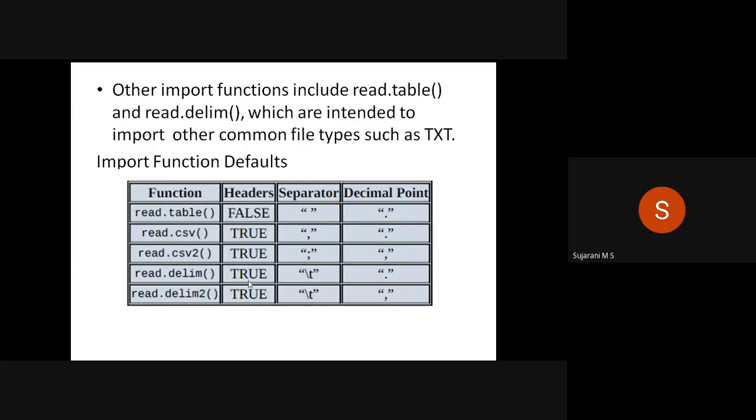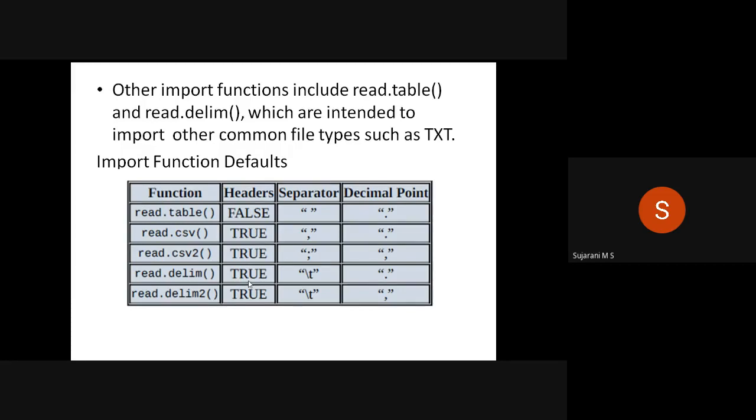And in the case of the read.delim2 function, by default the header is true, each column is separated using the slash t operator, and the decimal point is indicated as a comma operator. Clear? These are the major data import functions used in R programming.